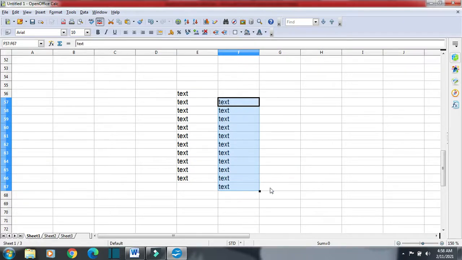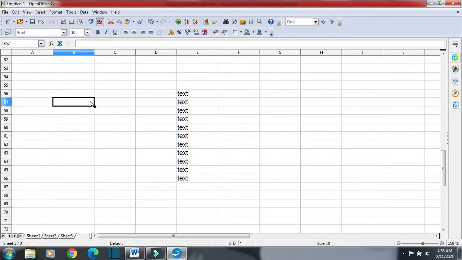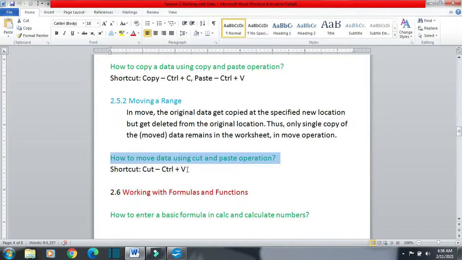This way also we can paste, or we can go for the shortcut Ctrl plus X for cut and Ctrl plus V for paste. So this way we can cut and paste. For cut we have the shortcut Ctrl plus X, and for paste we have Ctrl plus V.